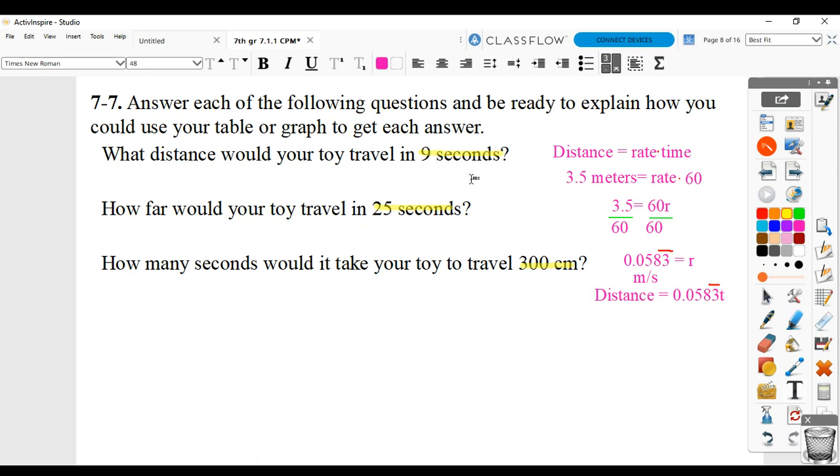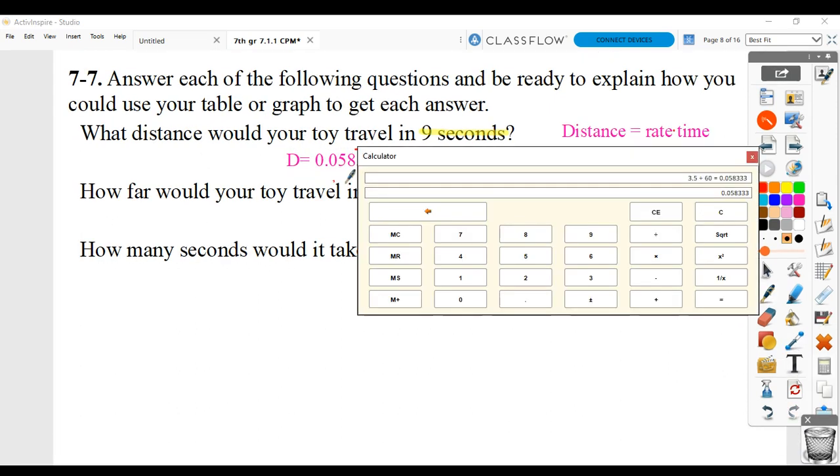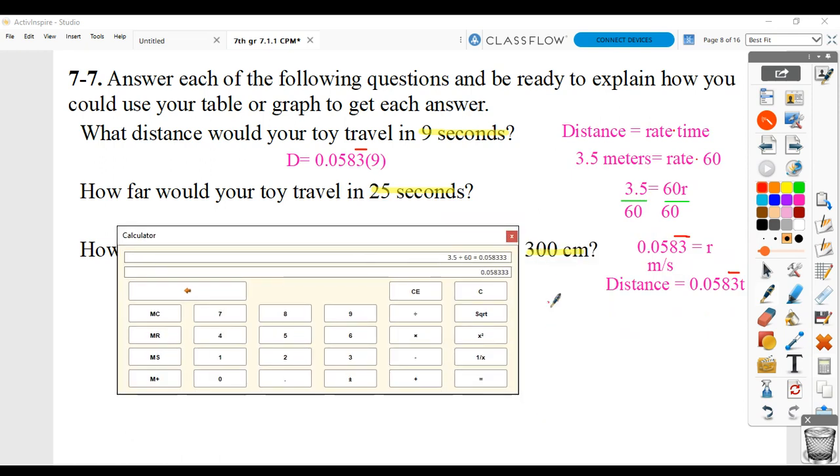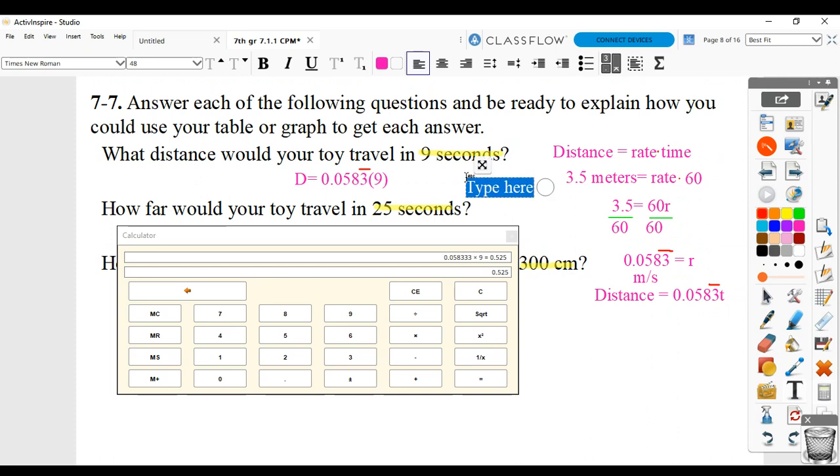Okay. So if we put 9 seconds in, then we would say distance equals, again, that constant multiplier that we just found, times 9. I'm going to put my repeating bar over that as well. So I'm going to take this rate that I just found, times 9. And I'll find that it would go 525 thousandths meters